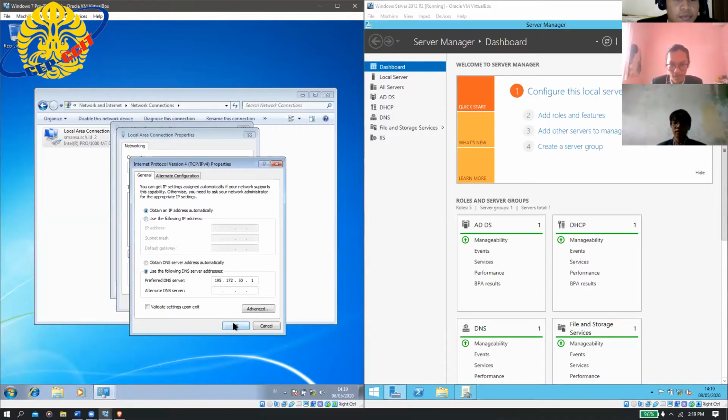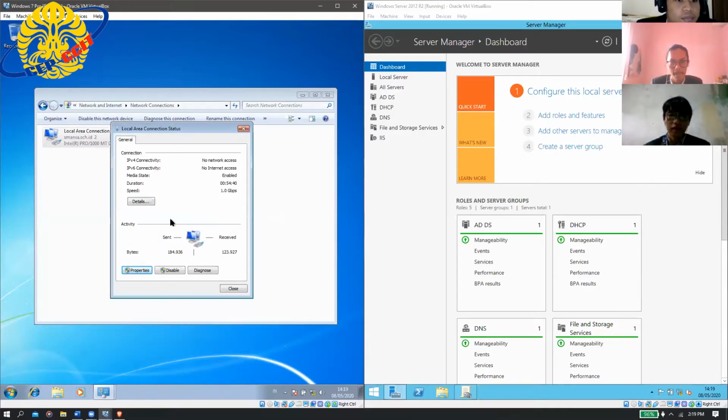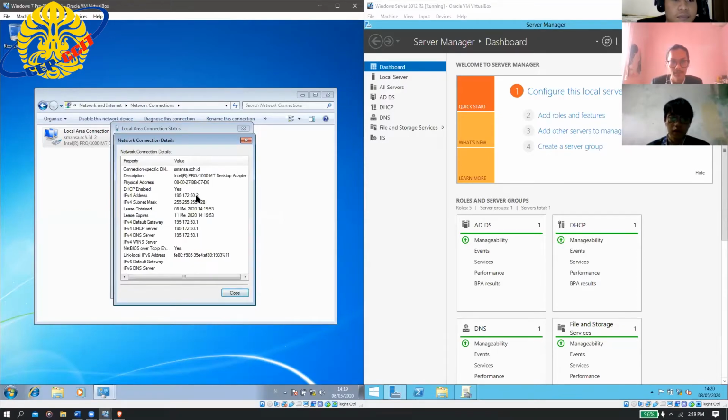And click OK. Click OK again. Click details. The IPv4 address changes according to the scope.